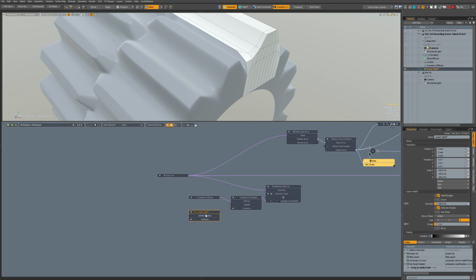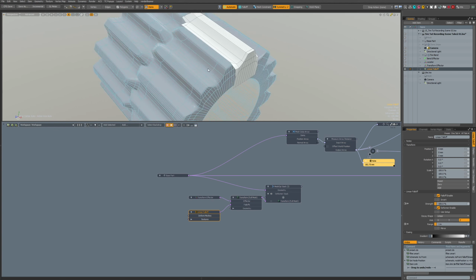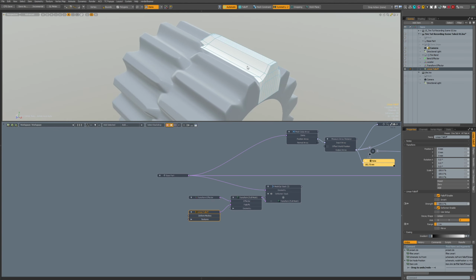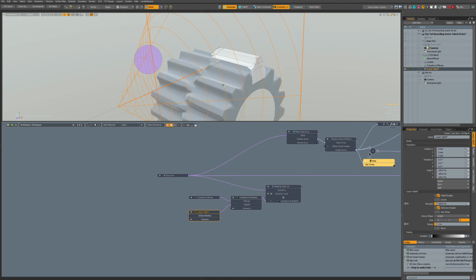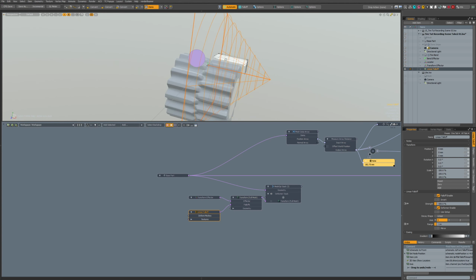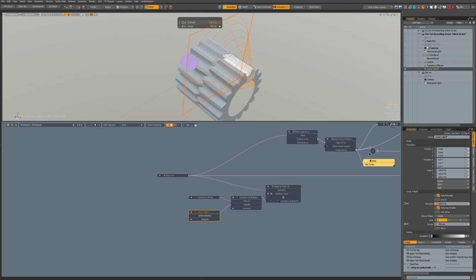Okay, it goes here, and can we see it? No, we have to show locators. It's going to x-axis, and let's change the range a bit.